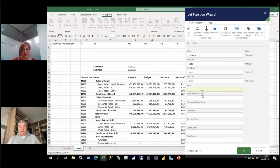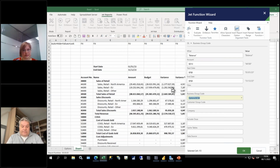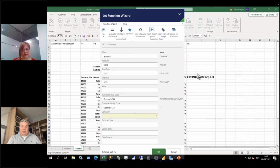Perfect. And in terms of the global dimensions, like in my case, business group code and customer group code, that will be decided by the user. So it's what we call a report option. So let me pass it along whatever the viewer chooses for this particular report. Exactly the same for the global dimension too. But in terms of the company, instead of passing along what the user chooses, which will be on this left-hand side, instead of that, we can choose a reference,